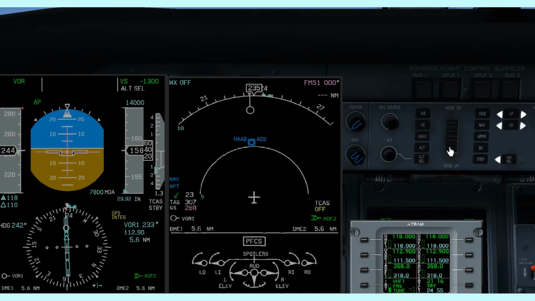Okay, perfect. And now 15,000, I have to be at what? 15 minus 14 is 1 times 3 is 3. So crossing 15, I must be at 3 miles. And look at this, I'm coming exactly over it off of the Sierra, after which I'm going to go heading select, and we're going to pick up the heading of 242, which has already been set here, and then we're going to fly that heading outbound in the teardrop sector